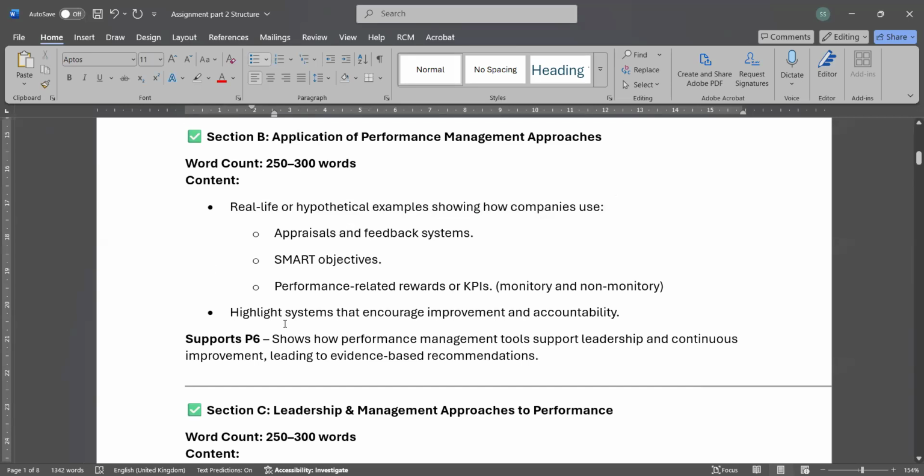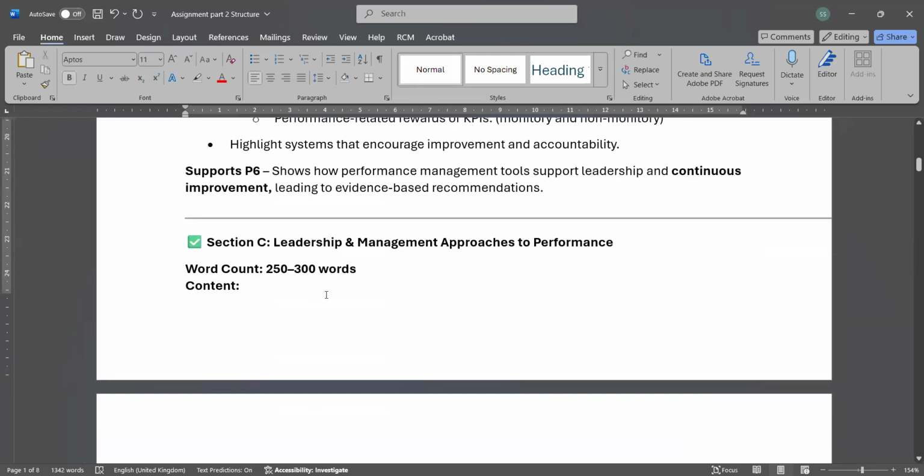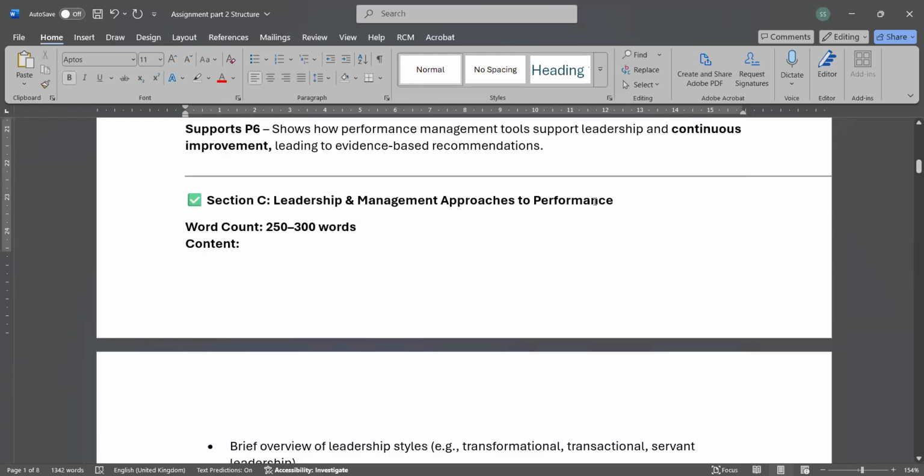This part basically helps you show how performance management tools support leadership and continuous improvement. Basically, it will help focus on continuous improvement. And then you will be giving some evidence or examples here. So basically, this is an application of these approaches.